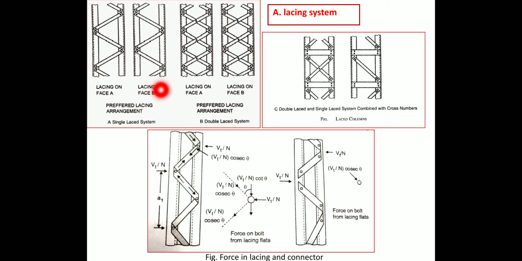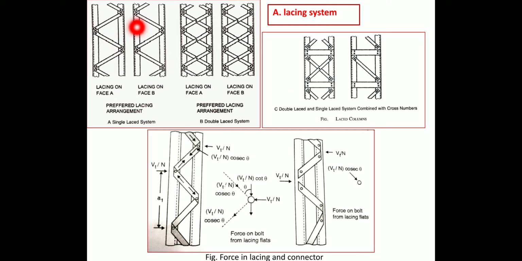Now, the given figure shows the Indian standard flat bar, where approximately 12 mm thickness is shown. Here these lacings are provided at an angle through the center of gravity, up to a 45 degree angle of inclination, that is theta. This is the angle of inclination given below the centroidal axis, and above it will be the same angle of inclination, and the center to center distance between the two lacings will be at 90 degrees.